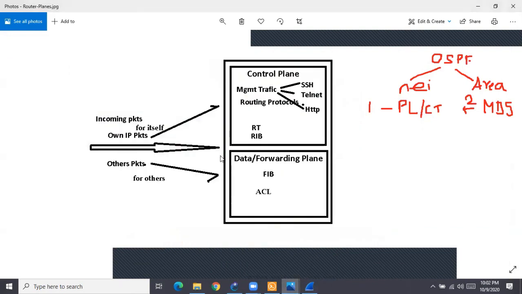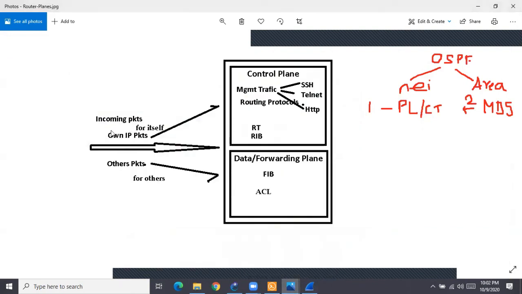Because when any type of packet is incoming to a router interface, what is the router already doing? Checking the destination IP in the IP header. And if it finds its own IP, suppose R5 has 50 interfaces, 50 IP addresses, and any of its IPs is visible, it says, hey, where are you supposed to go?